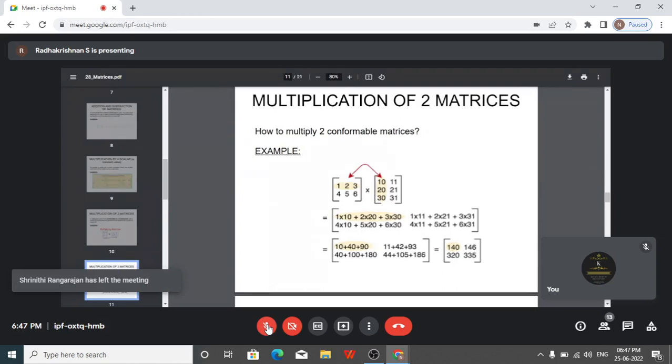அதே மாதிரி second row and first column will give you the 2,1 element. Okay, so that is 4 5 6 and 10 20 30. அதை multiply பண்ணா அதே மாதிரி so you get a value of 320. So that will be the 2,1 element. அதே மாதிரி 2,2 element it evaluates to 335. So this is how we multiply two matrices. Okay,